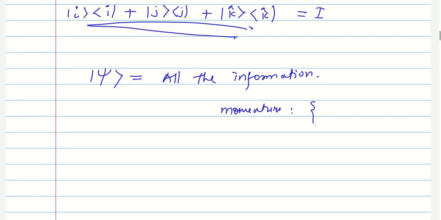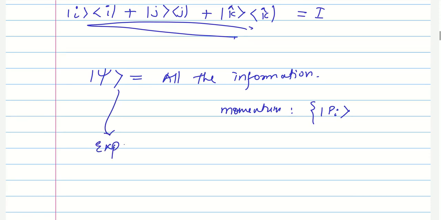So there can be many possible eigenkets where momentum, which all momentums are possible. So let's suppose those are represented by pi. So p1, p2, p3, all those things are there. So in case of Stern-Gerlach experiment, there were only two alternatives: spin up, spin down. But in general, there can be n number of possibilities. So you can expand this.